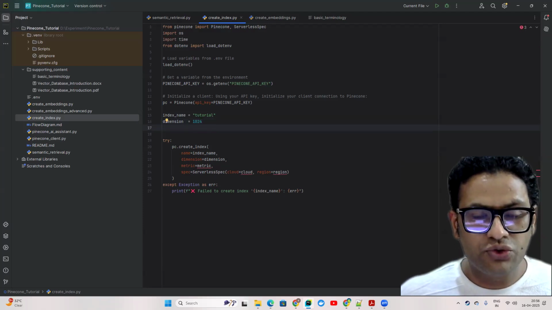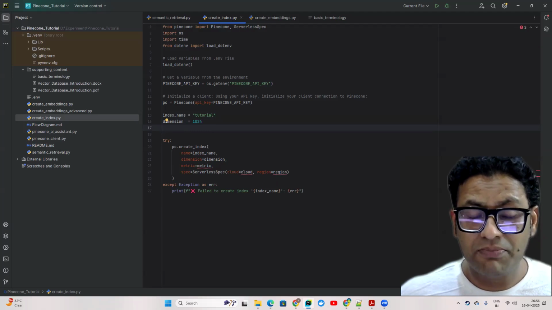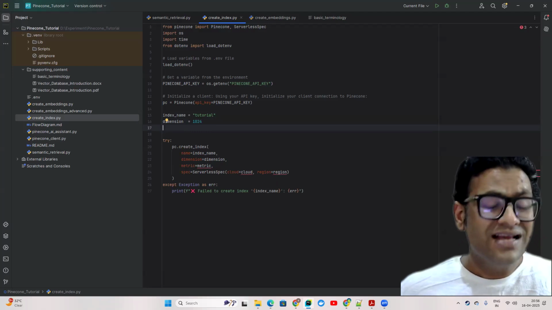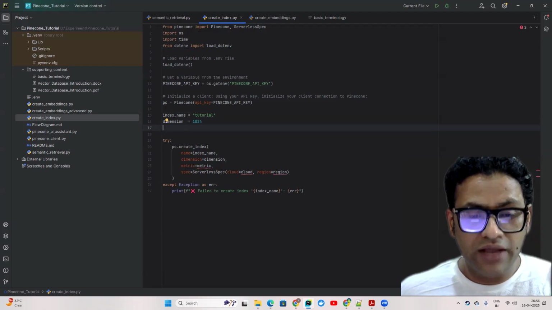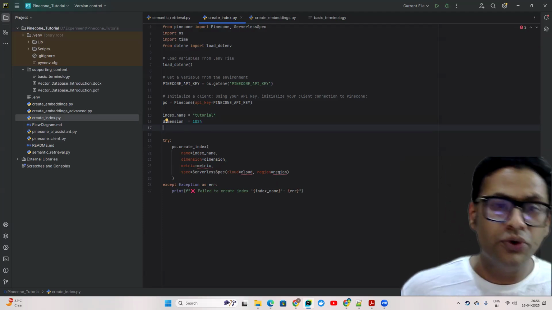Another important thing you need to understand is why dimension is important, because when you get any specific input like a word, image, paragraph, or audio,